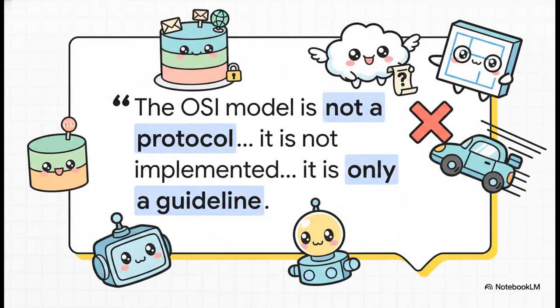But here is the single most important thing you need to remember about the OSI model. It is not a real-world system. It was never actually implemented. You should think of it more like a diagram in a textbook. It's a fantastic theoretical guide for teaching people how networks should be designed, but it's not what we use to actually build them.